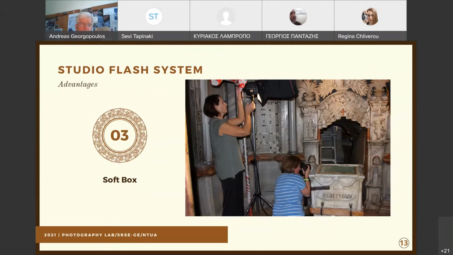Another thing that is worth mentioning is that we wanted a flash independent from the camera in order to be able to direct the lighting according to the requirements of the subject at every single shot. This, of course, created the precondition for employing two people for the shooting: one to do the photogrammetric shots with the camera, and the other to handle the lighting.